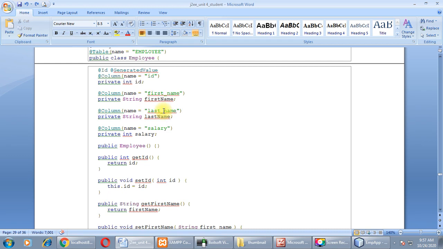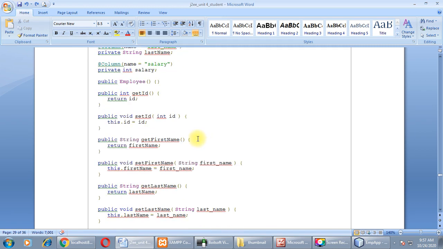How can you differentiate between these two names? Here I have used an underscore, and the variable declared inside this POJO file has no underscore to separate these two words. Same with first name, same with this variable also.